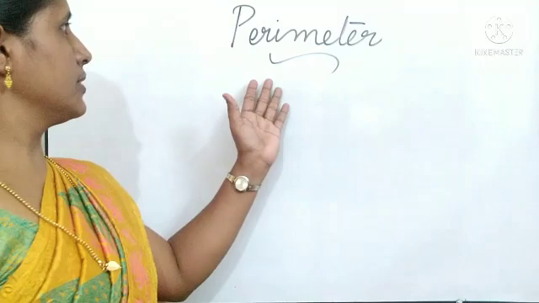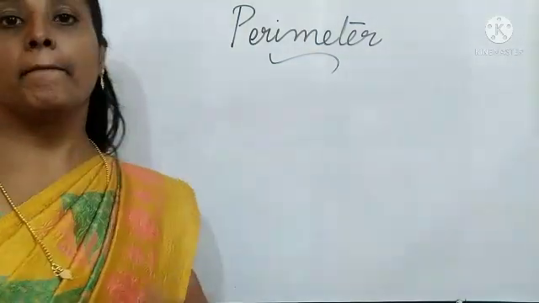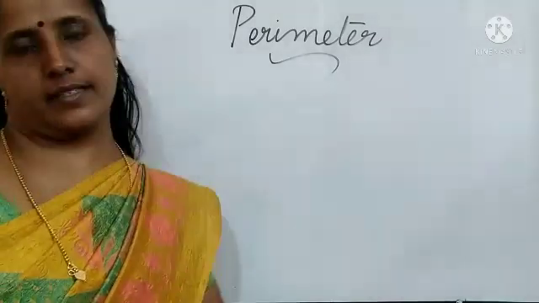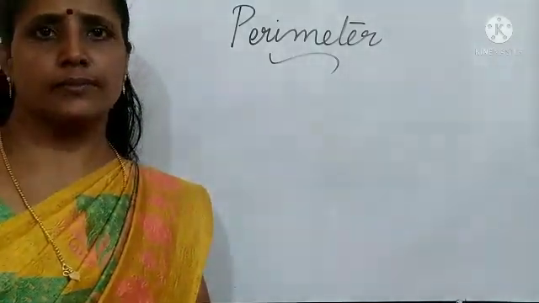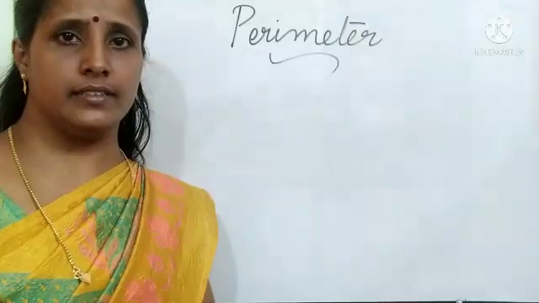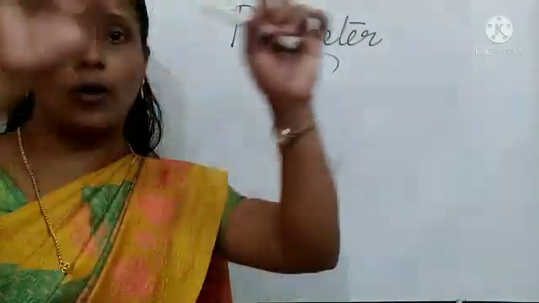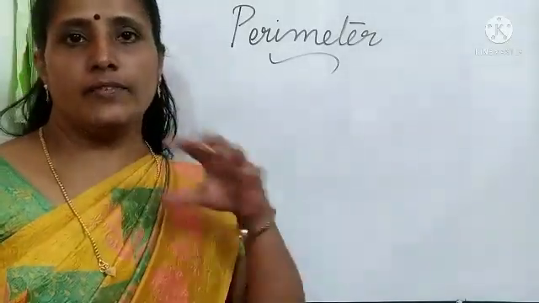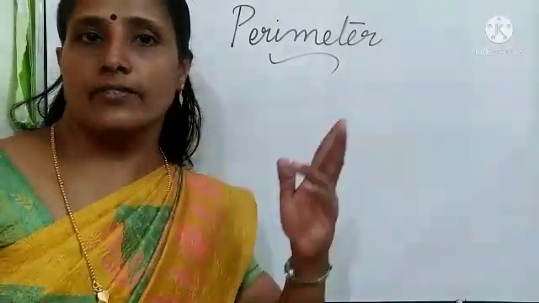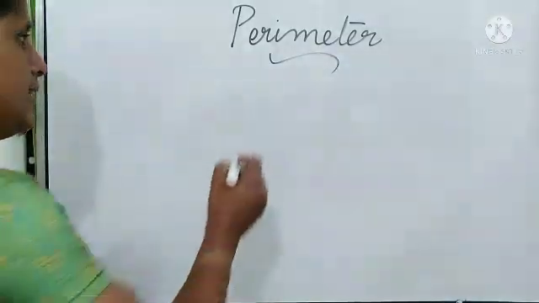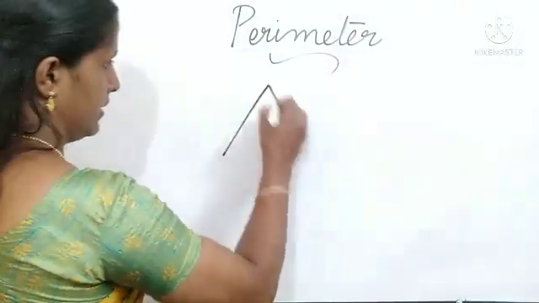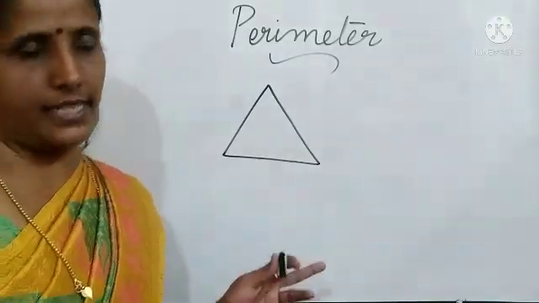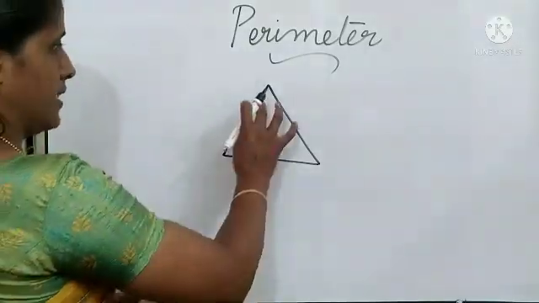Okay, we move to the next section, that is perimeter. That you learned in the previous class. You know what is meant by perimeter of a given figure? Yes, you know that. That is the boundary measurement of the given figure. How can we find out the perimeter of a given figure? For example, here I can draw one example. Which shape is this? Yes, it's a triangle. Here I mentioned each side's measurement.